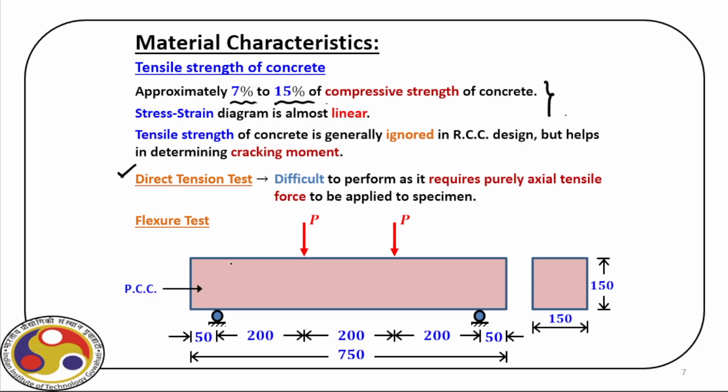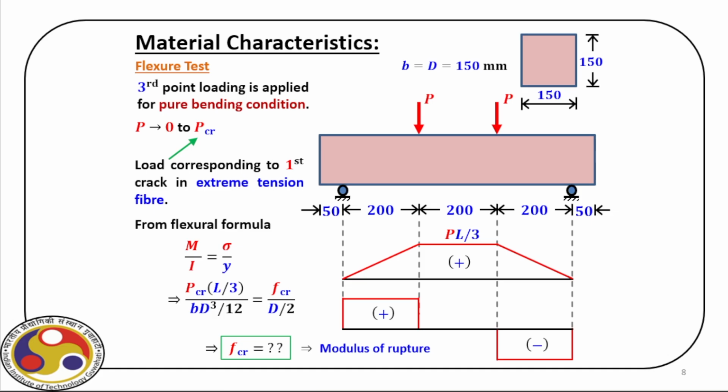Right. Now, for this flexure test, we have this kind of arrangement where we apply equal amplitude force at these points. If we have a center to center length between supports of 600 millimeter, then at 200 millimeter from the two ends, we apply this force. There is a very specific reason for that. Let us consider this diagram again. If you draw the bending moment diagram and shear force diagram, you can easily see that between this load there is no shear force here. However, there is a constant bending moment here.